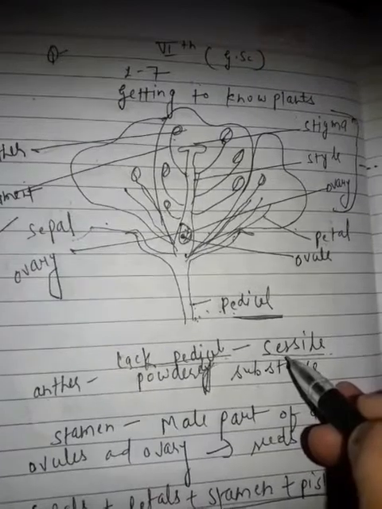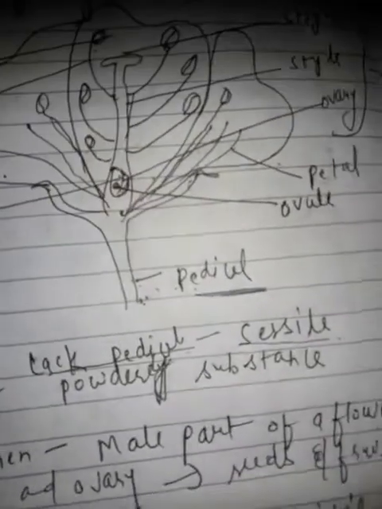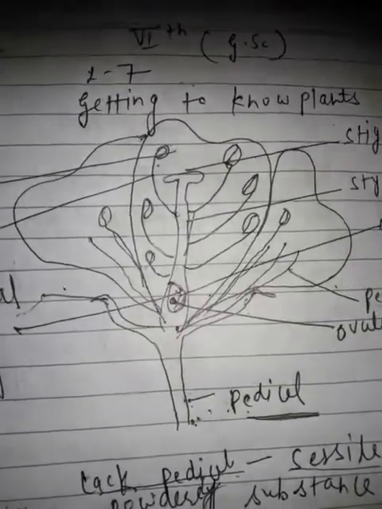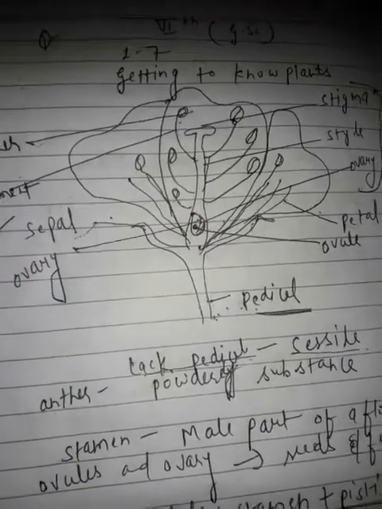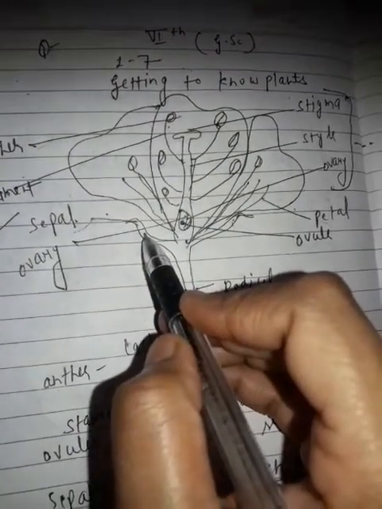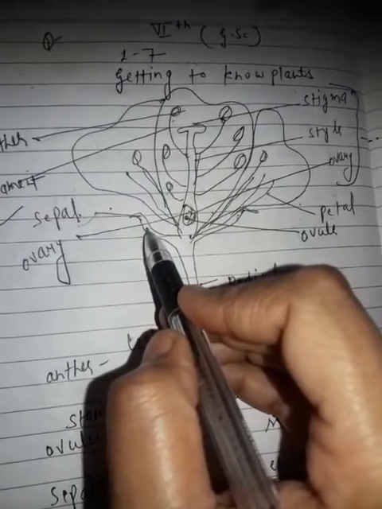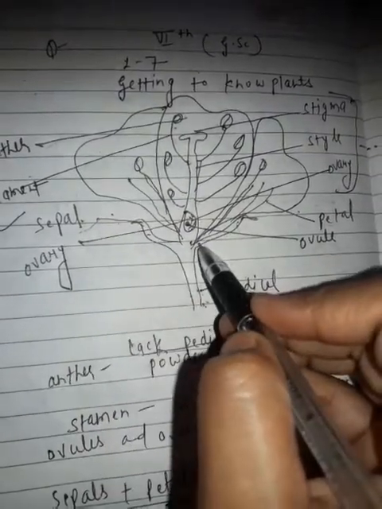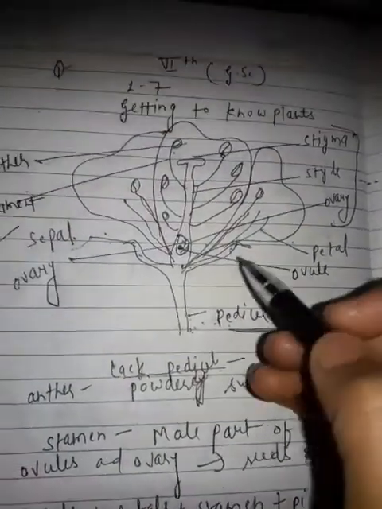Besides the stalk, a flower in general shows 4 sets of whorls arranged in rings, and the outermost whorl or set is composed of green leaf-like protective structures called the sepals. These protect the flower in the bud condition.